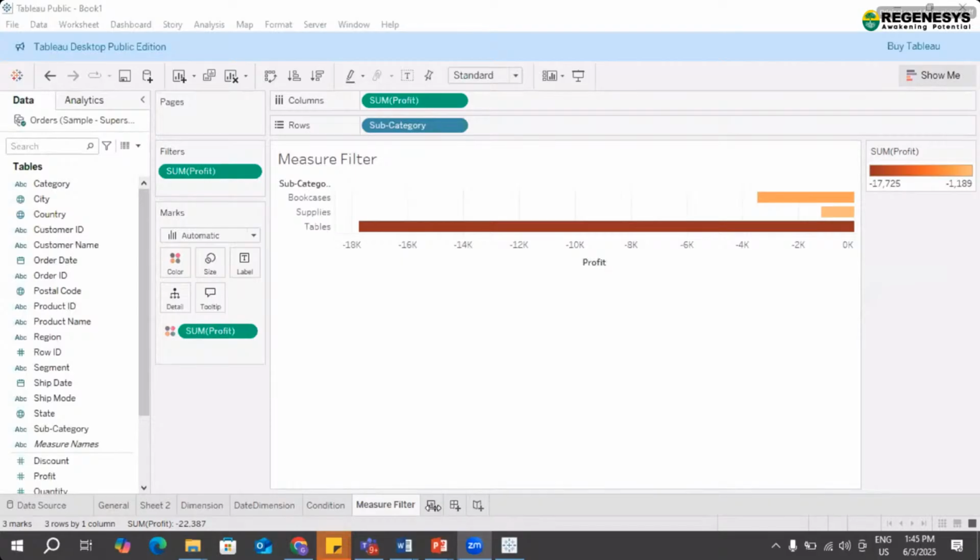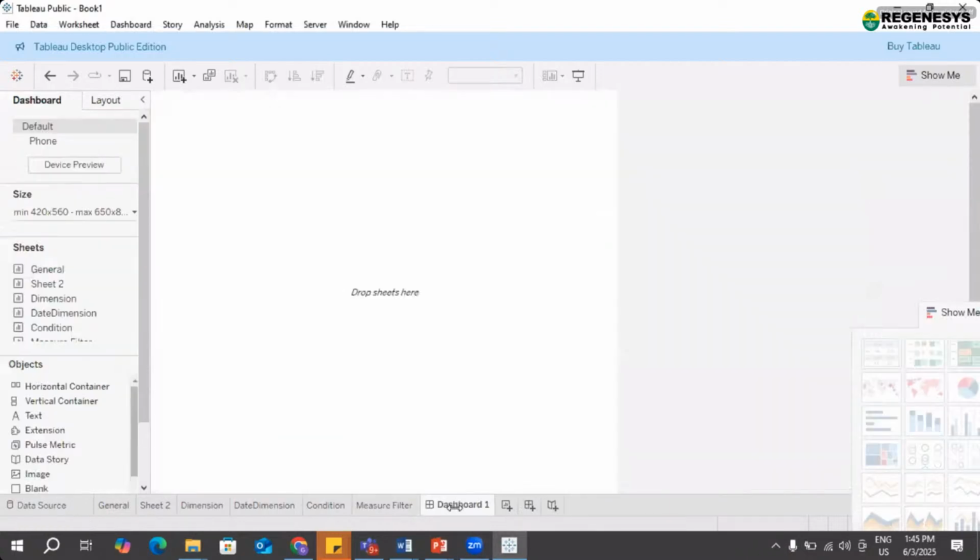This is the first one, which is the sheet. This is the other one, which is the dashboard. So now here I am clicking and you can see the first dashboard is created now. Here we are not getting any such left pane which we have in the sheet.